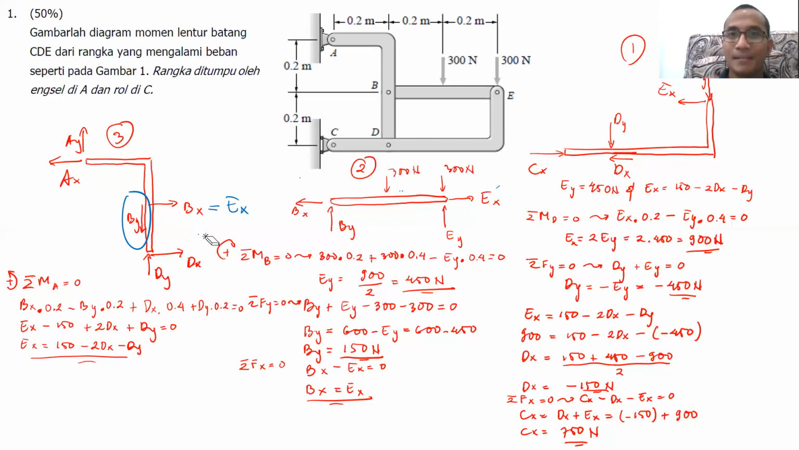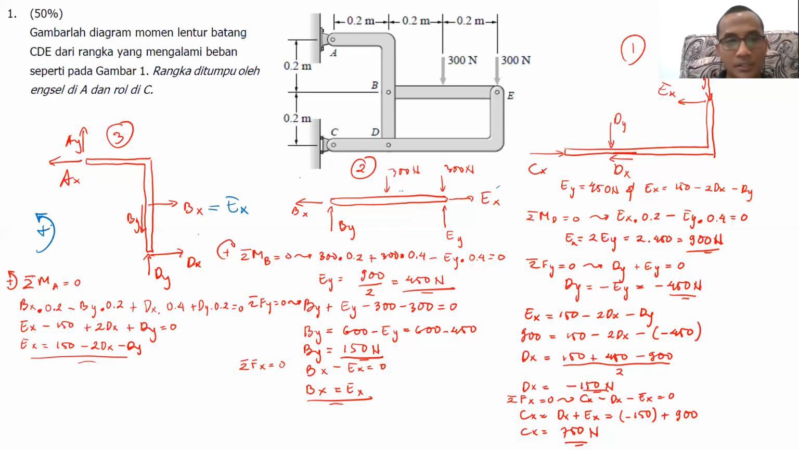That's why I use sigma moment at point A. Because Ax and Ay, I don't need those two values. So I use sigma moment at point A in order to eliminate those two values. Okay, sigma moment at point A, Ax and Ay. Then, after doing sigma moment at point A equal to 0, what I will have will be, if counterclockwise is positive, okay, counterclockwise is positive,